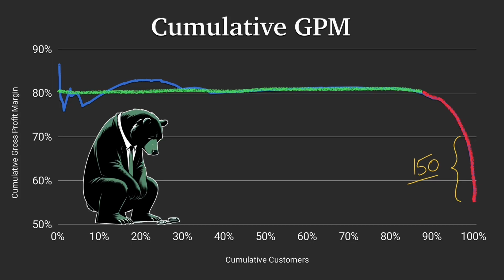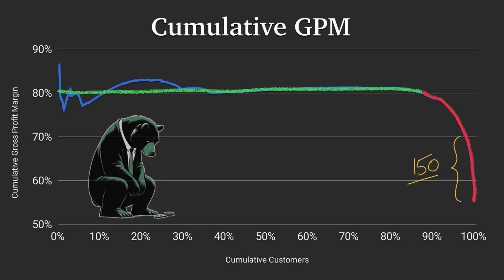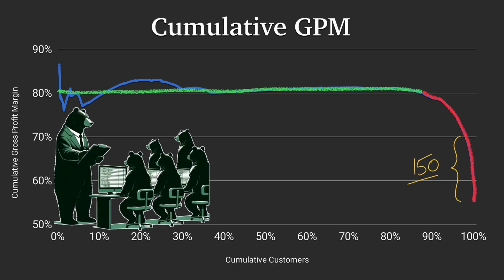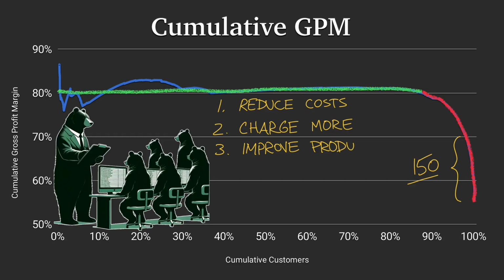We could make it a priority for the company saying, look, we're going to make a list of these 150 customers, and then over the next 3 to 6 months, we're going to manage every single customer according to our principles, which is to try to save the customer through reducing their costs, or save the customer by charging them enough, or seeing that it's our own fault and fixing the product, or as a very last resort, we will part ways with the customer.